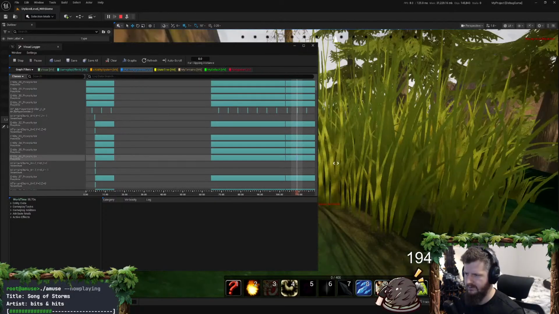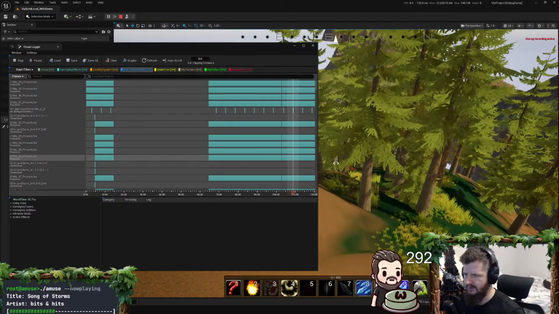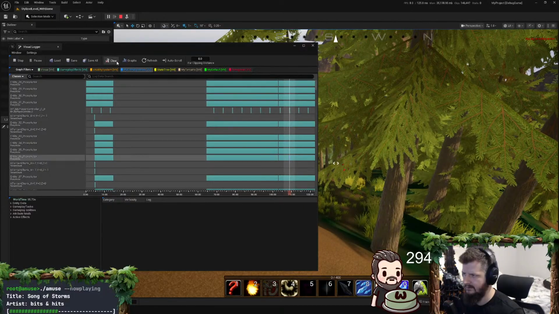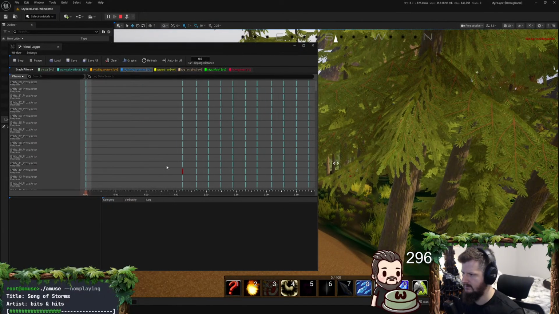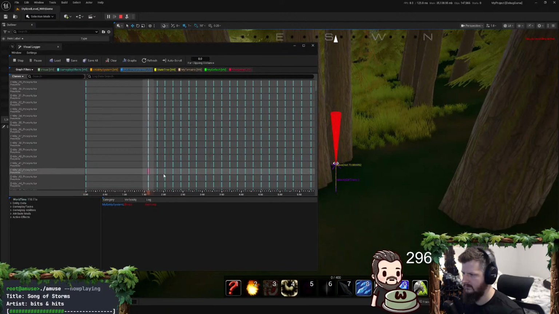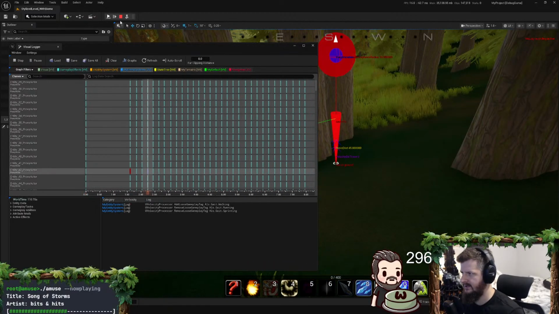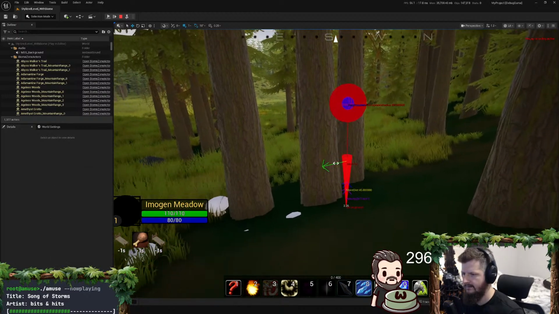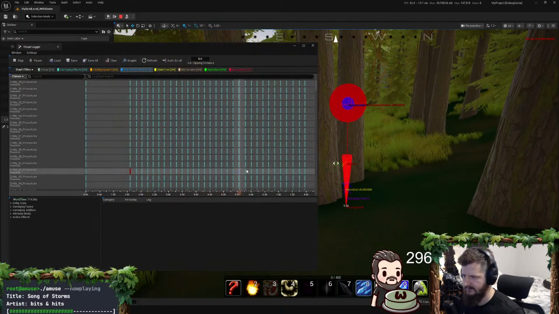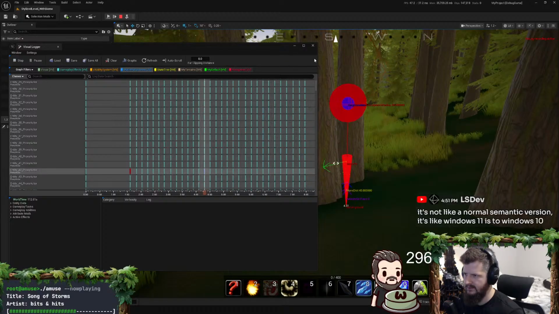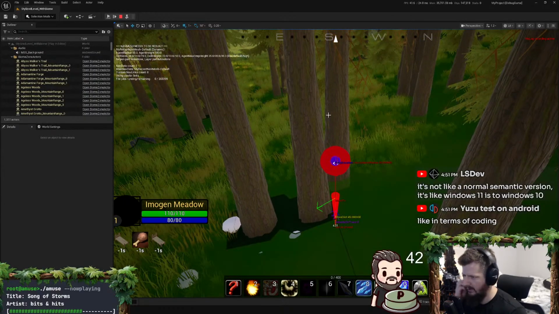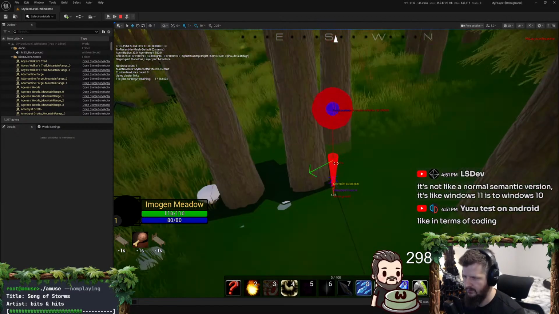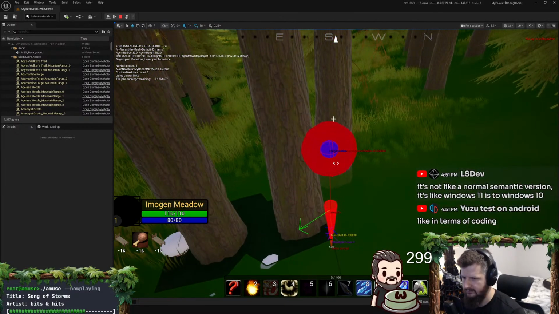Okay, so this guy is moving. Oh god, the world's so laggy. Yeah, see, this is the scenario I'm talking about right here. Now he's going to be stuck, because for some reason the nav target, even though I projected it to nav mesh, which should put it on the nav mesh.